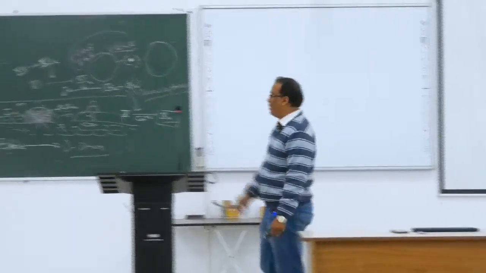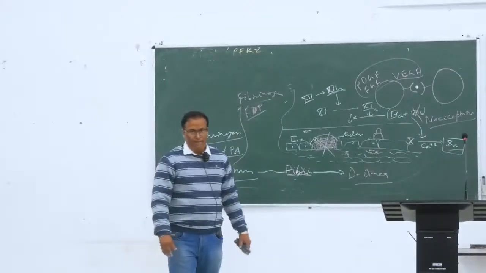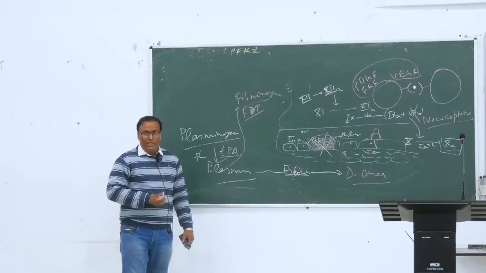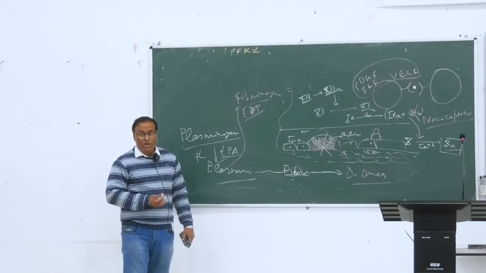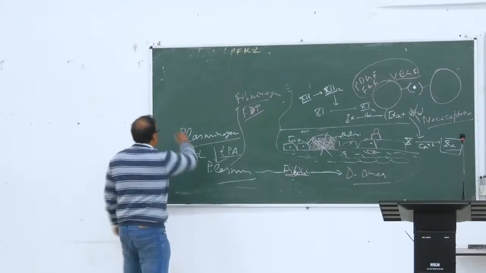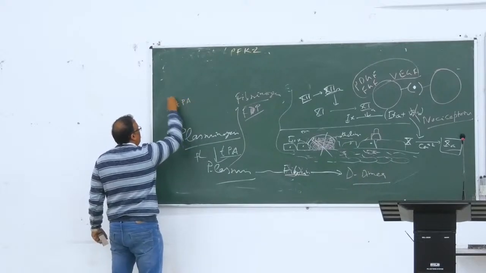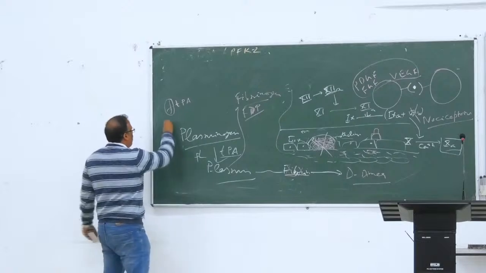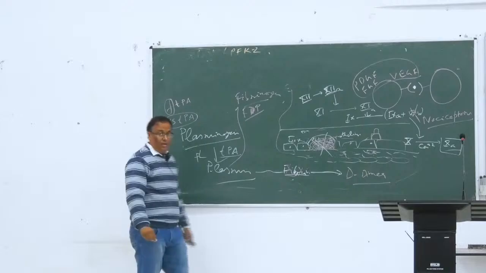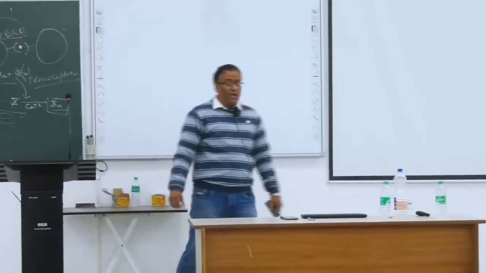acts on two types of plasminogen. One is specific, one is non-specific. Specific means what? Fibrin specific. তার মানে যে প্লাজমিনোজেন ফিব্রিনের সঙ্গে কানেকশন করছে সে হচ্ছে ফিব্রিন স্পেসিফিক টিস্যু প্লাজমিনোজেন অ্যাক্টিভেটর। আরেকটা আছে নন স্পেসিফিক টিস্যু প্লাজমিনোজেন অ্যাক্টিভেটর, রাইট? নন স্পেসিফিক মানে ও ফিব্রিনের সঙ্গে জোড়া আছে কি না আছে ও দেখার দরকার নেই, প্লাজমিনোজেন আছে মারছে,